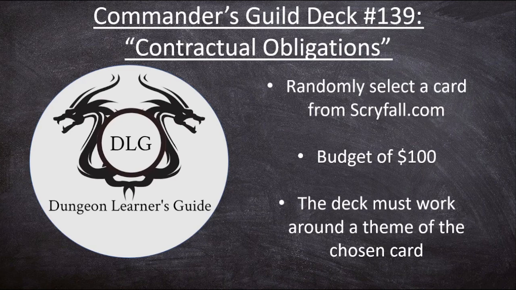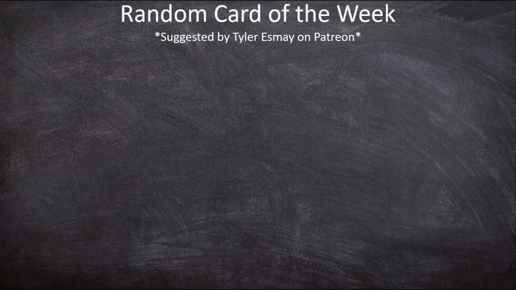This week we've got another Commander's Guild deck tech. This is our 139th deck and it's titled Contractual Obligations. And if you haven't seen the show before, what we're doing is randomly selecting a card from scryfall.com, working with a budget of $100 or less and building a commander deck for Magic the Gathering around a theme of the chosen card. So this week, our random card was suggested to us by Tyler Esme over on Patreon, and that